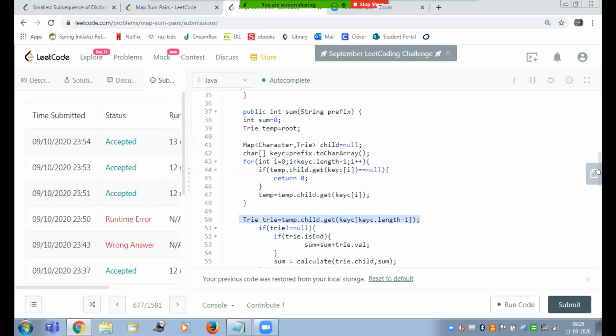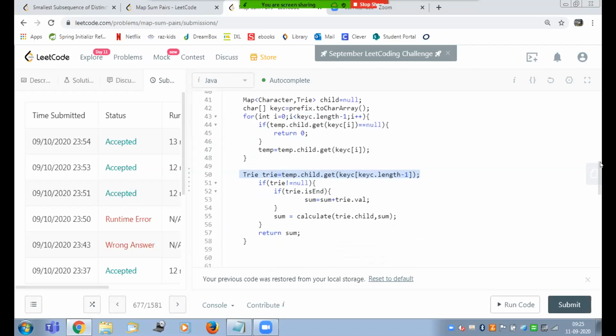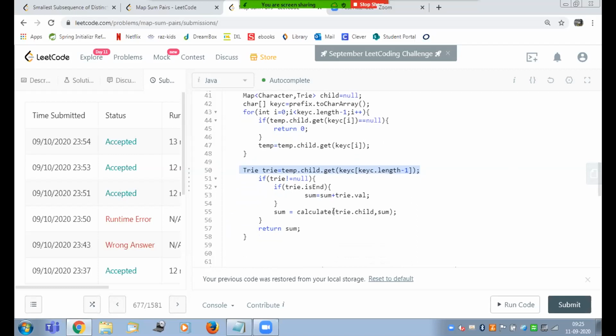Then I will send this to calculate the sum, because ideally I need to calculate the sum for all the children of that last character, right? So in case of AP, I need to calculate the sum for APP plus the sum for Apple or APA, whatever is there.